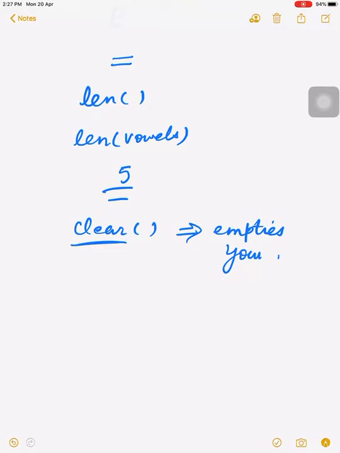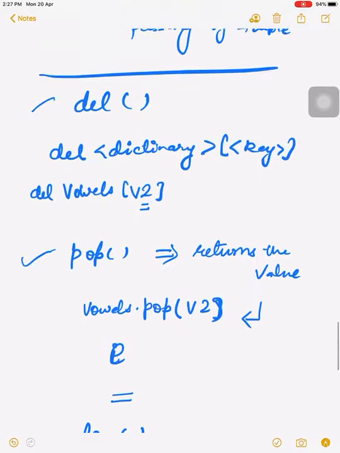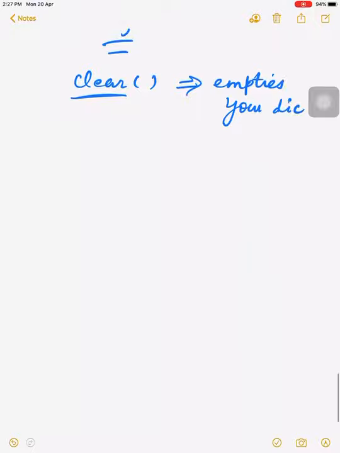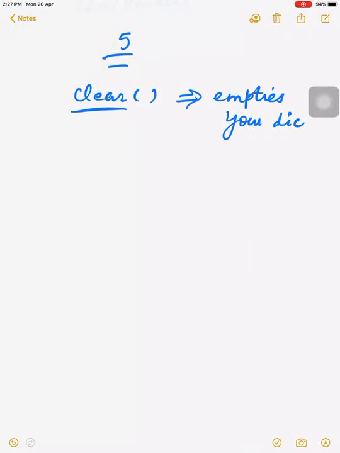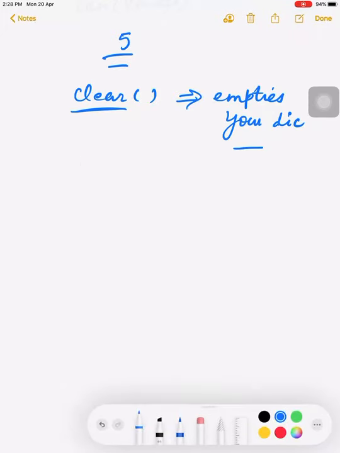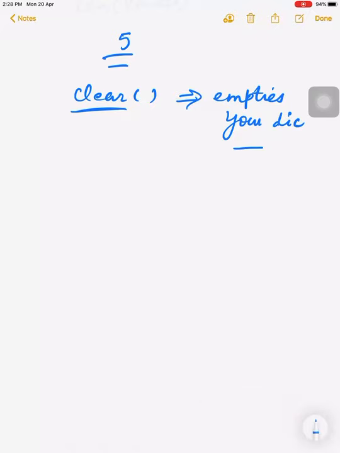Okay. Now another function is clear. What is the purpose of the clear function? The clear function just empties your dictionary. That is the main difference between del and pop. Del and pop simply delete a single element, while the clear function deletes all the elements from the dictionary, and it will give only an empty dictionary.